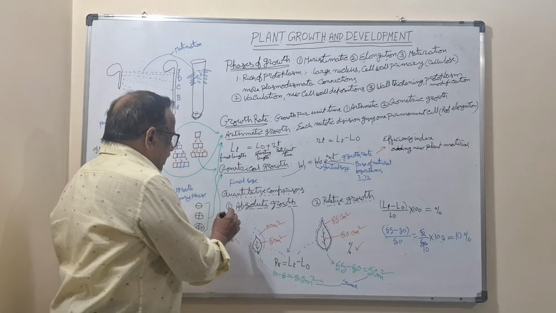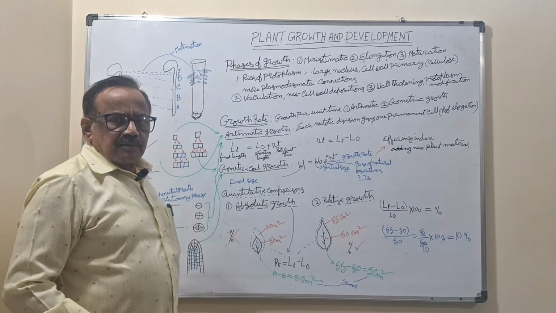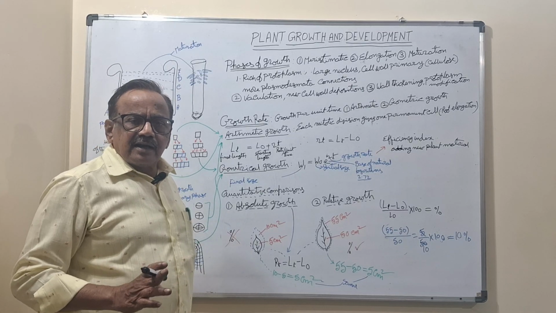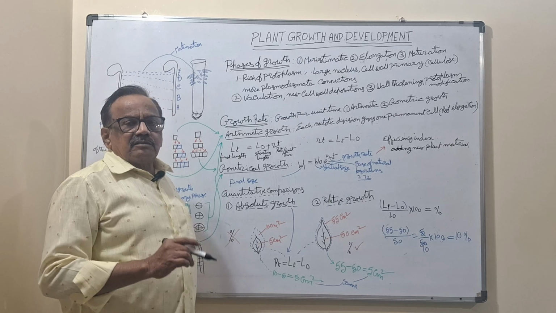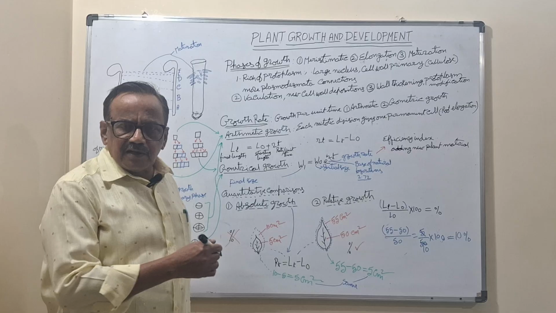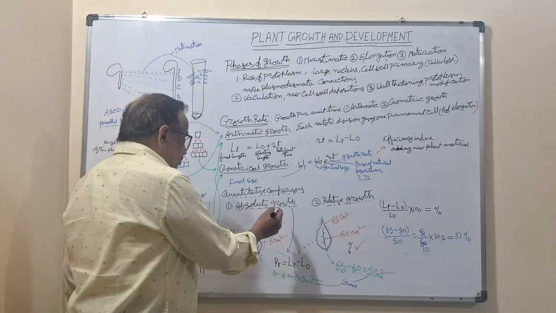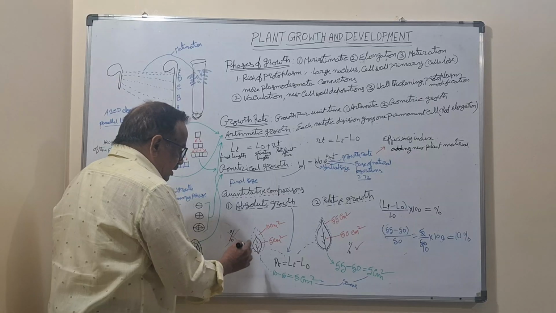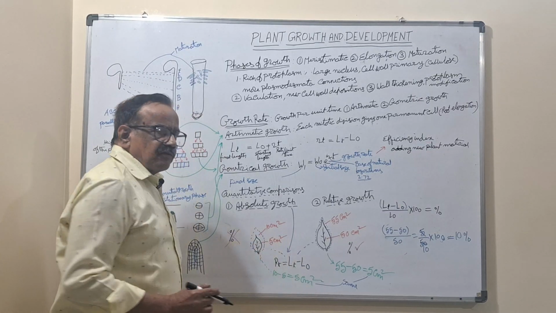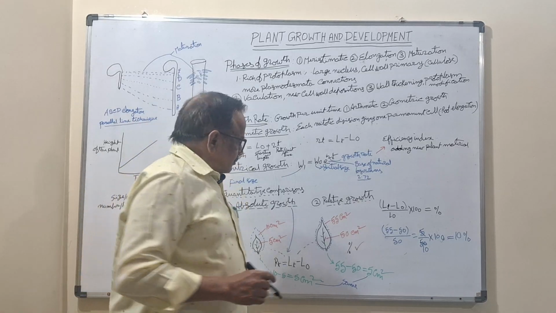So absolute growth is the same in both, because here we are not considering the initial size the leaf is having. So absolute growth is 5 square centimeters in this one, and also 5 square centimeters in the other. But